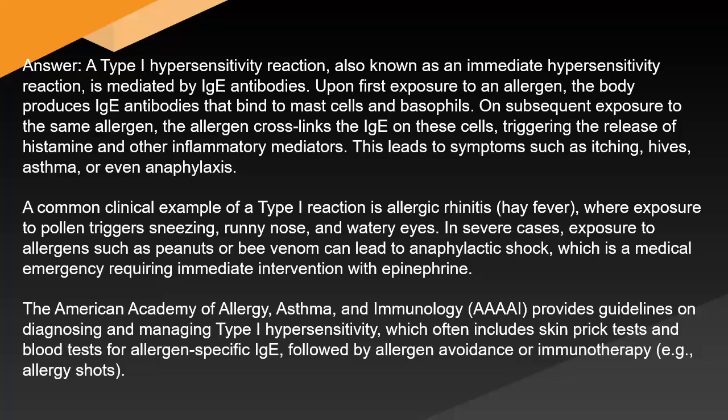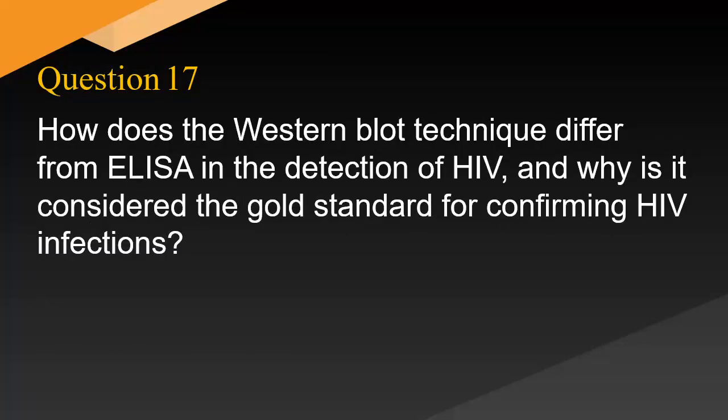A common clinical example of a type I reaction is allergic rhinitis, hay fever, where exposure to pollen triggers sneezing, runny nose, and watery eyes. In severe cases, exposure to allergens such as peanuts or bee venom can lead to anaphylactic shock, which is a medical emergency requiring immediate intervention with epinephrine. The American Academy of Allergy, Asthma, and Immunology (AAAAI) provides guidelines on diagnosing and managing type I hypersensitivity, which often include skin prick tests and blood tests for allergen-specific IgE, followed by allergen avoidance or immunotherapy, e.g. allergy shots. How does the Western blot technique differ from ELISA in the detection of HIV, and why is